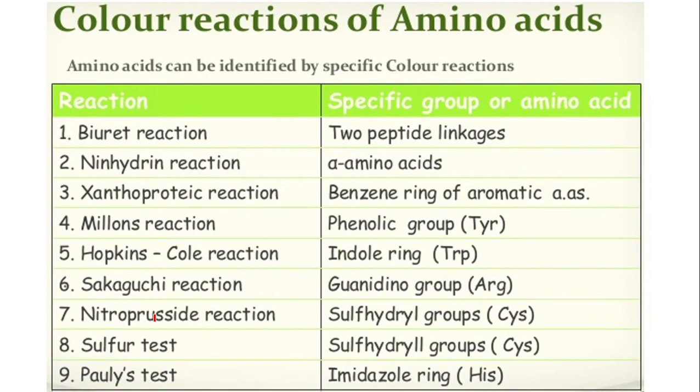And some of those reactions are color reactions, which means we will get a product which has a color. By looking at the color, we identify the substance. By estimating the intensity of the color, we identify the quantity of the substance. So these are the different reactions. We will come to each of them individually, and these are all color reactions. Remember, there are some other reactions which are not included under the category of color reactions. We will see them at the end.